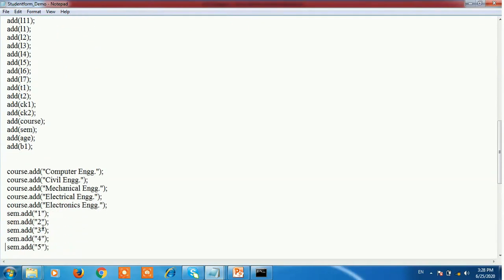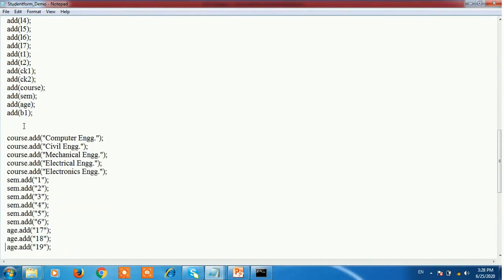After that, here we add the items into the choice. Course is the object of the choice. In that we add all the course names. First course.add computer engineering, course.add civil engineering, course.add mechanical engineering, course.add electrical engineering, course.add electronics engineering.